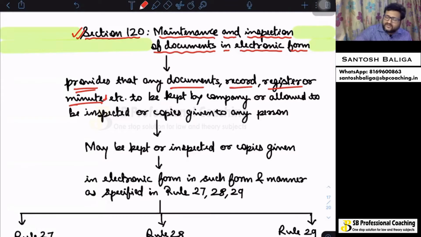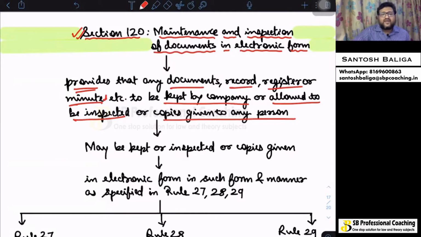Section 120 provides that documents, records, registers or minutes to be kept by the company or allowed to be inspected or copies given to any person. Company may keep it in the registered office of the company. Company may allow it for inspection. If anybody has requested for copies, company may give the copies also.